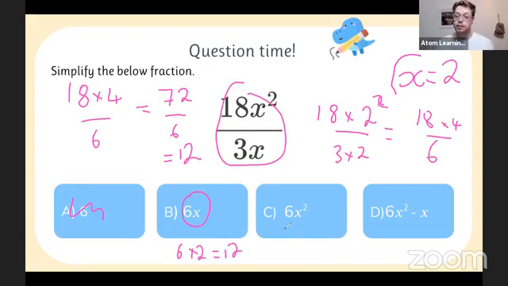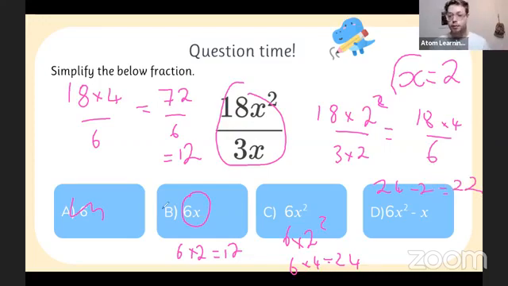Whereas if we go into C, 6 times 2 squared, that gives us 6 times 4, 6, 12, 18, 24, too much. Return to sender, we don't want it. That answer doesn't live here anymore. And then you can even do it on the last one. If we know 6 squared is 24, minus 2 gives us 22. There you go, there you have it.